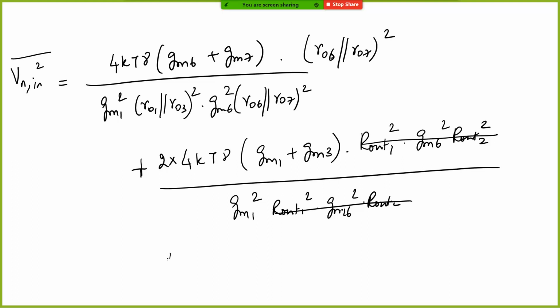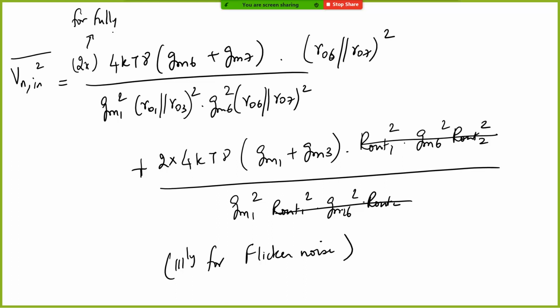Similarly, you can write for flicker noise as well. All right. Of course, when you write it for the fully differential case, as I mentioned, there will be a factor of 2 here for the fully differential OTA. Okay. So, of course, output swing, input common mode range, and other things we have already looked at for these simple stages. The same things will apply.